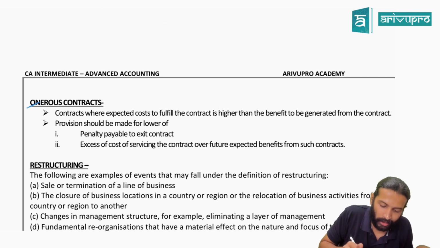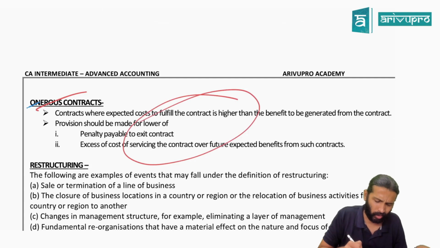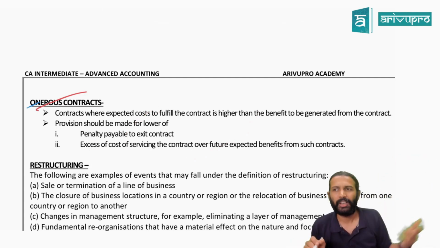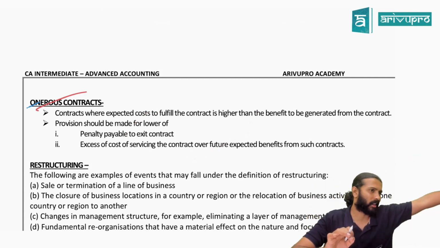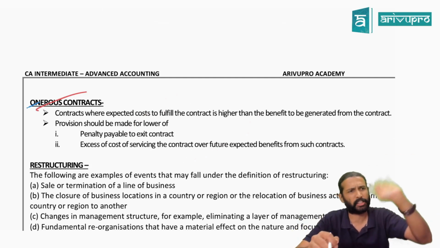Okay, next one is onerous contract. This actually is not there in the syllabus. I brought it in, but they have only used the term onerous. So why should you just keep it idle? I just brought in the extra concept also. And I didn't see this in your study material. But nonetheless, it will take 2 minutes, we'll explain it.